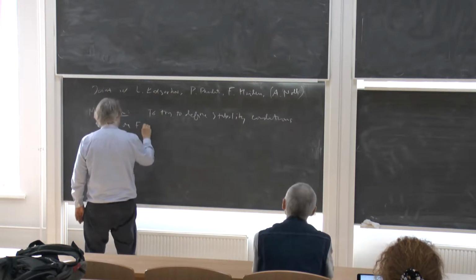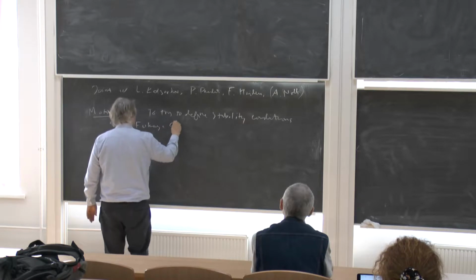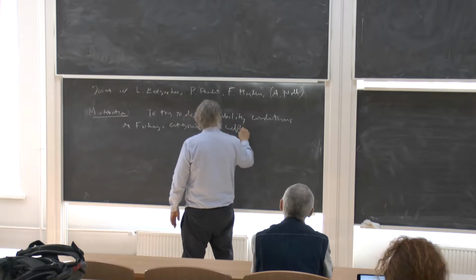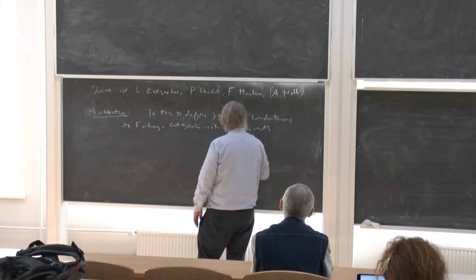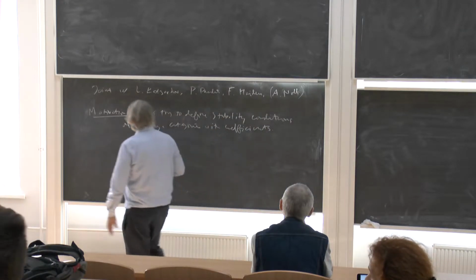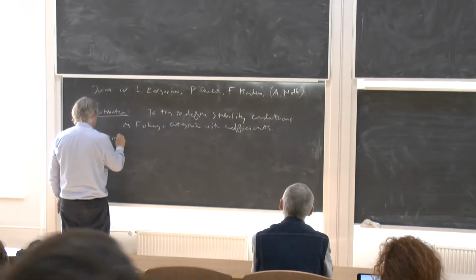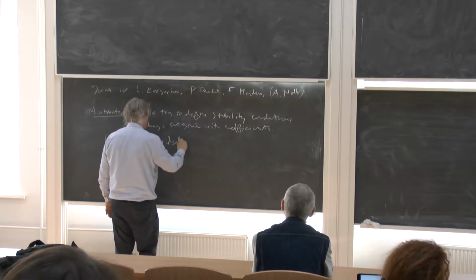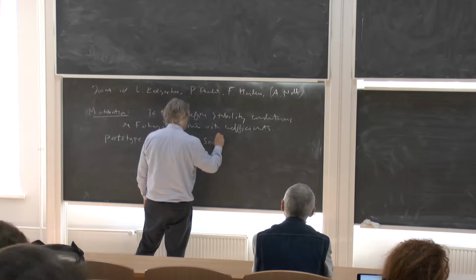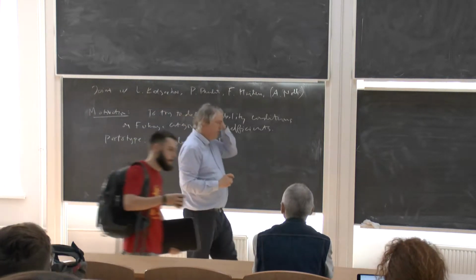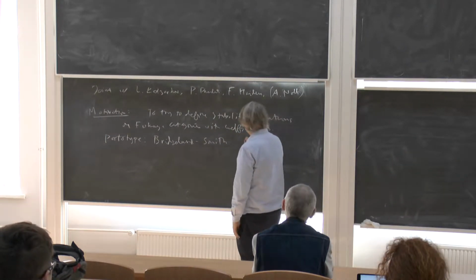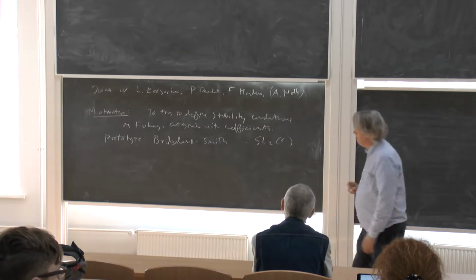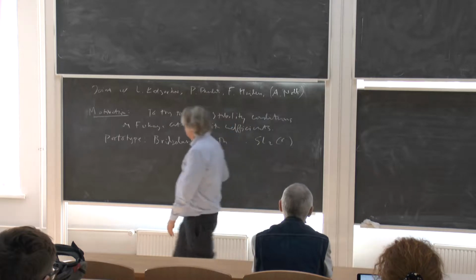Finite categories with coefficients. And the prototypical example is the work of Simpson and Smith. Okay. So the work of Simpson and Smith is for the case of SL2. So there's an idea, which is that spectral curve